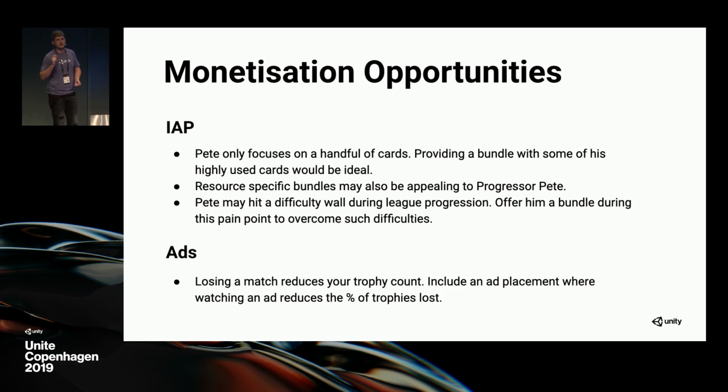So it's a good idea to make sure that the offers that you surface to this player, to Pete specifically, contain those specific cards. Now, since Pete wants to progress as fast as possible, he needs resources, he needs tickets so he can play the tournament levels, progress in the league. Providing him with those resources is also a good idea, and you can actually make a bundle, for example, offer him some cards and also add some tournament tickets